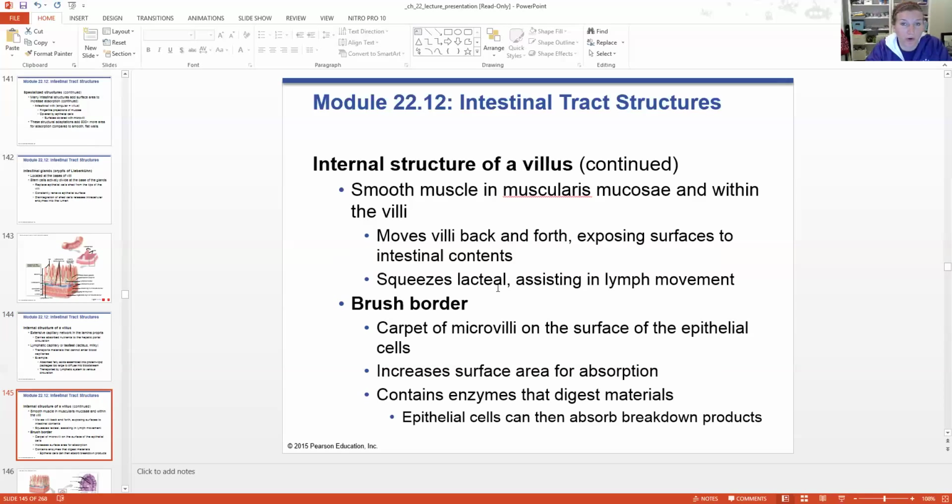There's also something called a brush border on the villi. This is basically, think of it as a carpet of microvilli. Literally, picture a carpet, right? All of those fibers, the microvilli. This carpet, or brush border, has enzymes embedded in it, right? So these enzymes are going to help break down the rest of the nutrients that are in our chyme. So continue protein breakdown, carbohydrate breakdown, and lipid breakdown in this brush border. They're called brush border enzymes, and there's several different ones, and we'll learn about them in lab as well as here in lecture. This brush border has enzymes for the continuation of